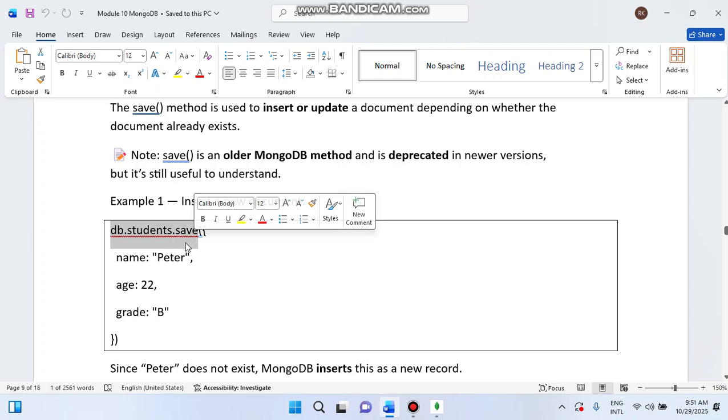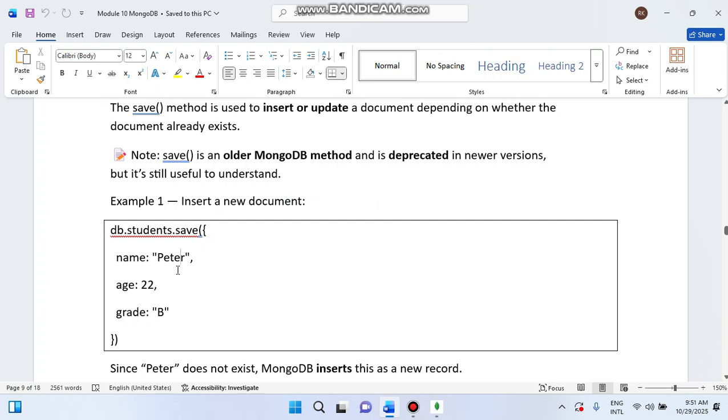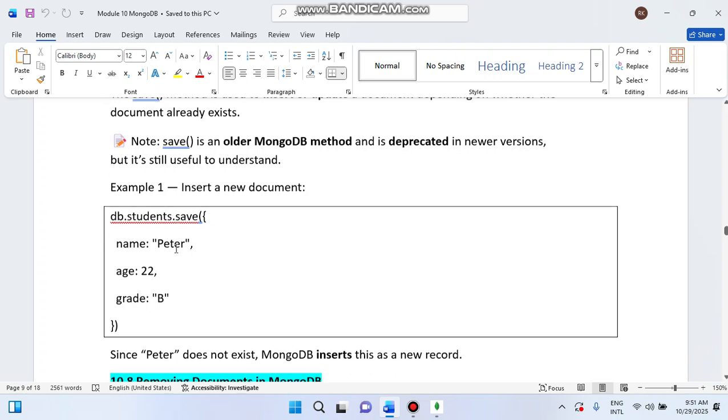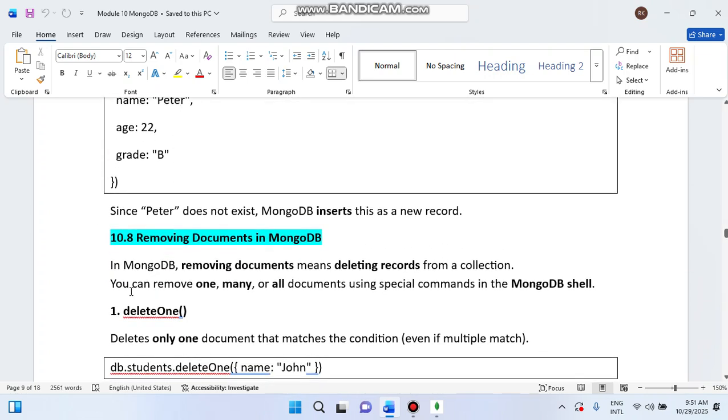It automatically saves your data when you use insertOne or insertMany. So right now we do not need to write any save keyword. Are you understanding? Okay, but as per the syllabus they discuss it, that's why I put it over here. Okay, now after that, another thing